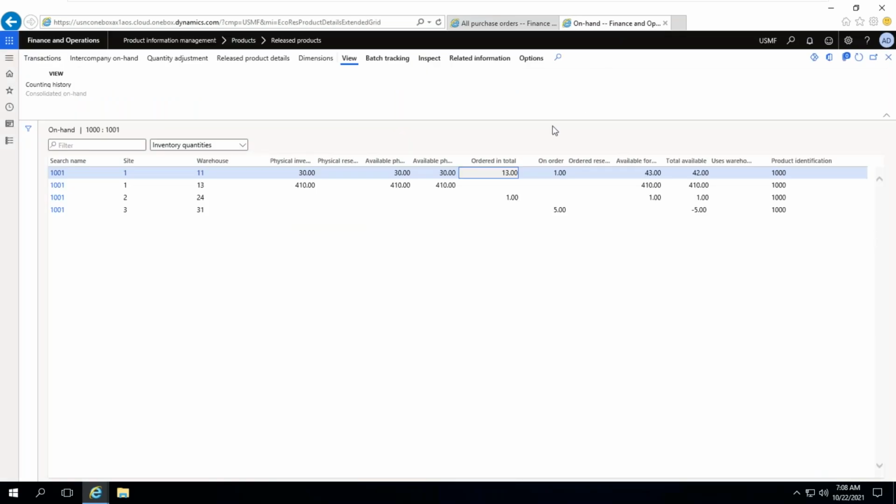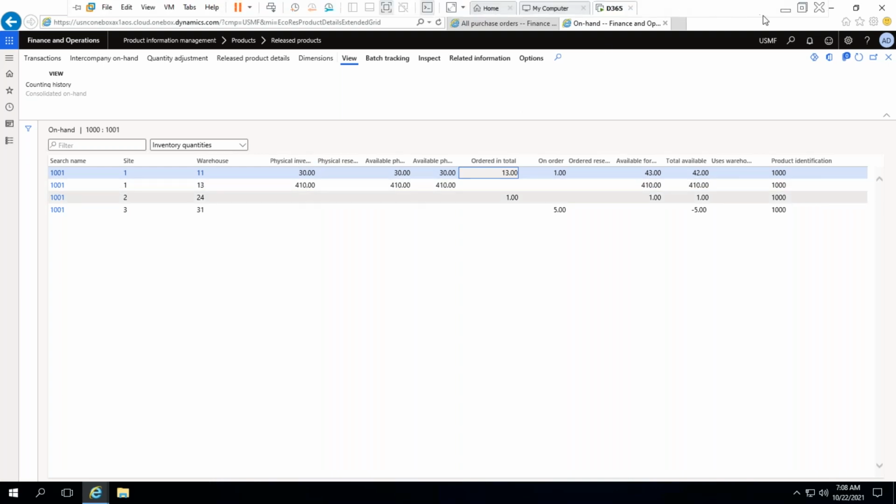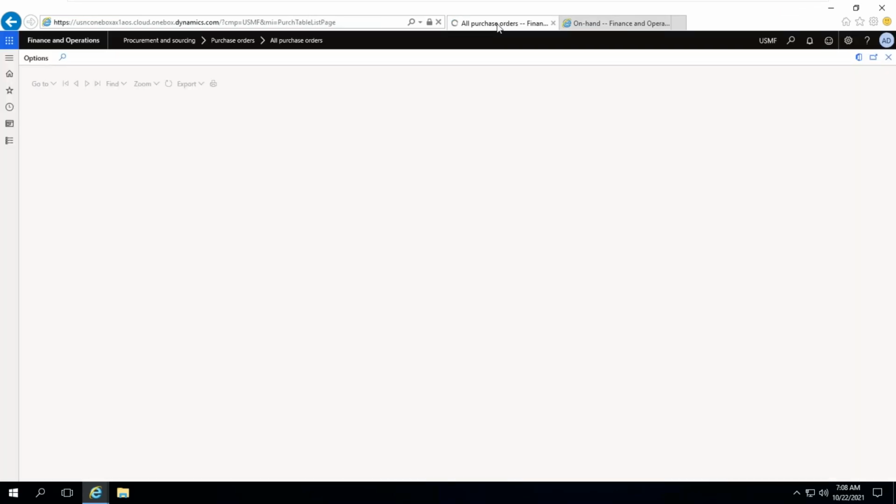In this on hand inventory, it will show the ordered quantity, whether it is draft status or any status, all ordered quantity will be shown here. Once the material is received, it will update here. Okay, let it complete. It will take a minute or 1.5 minutes. So now the printout is coming. This will be sent to your vendor, maybe a soft copy or maybe a printout, whatever it may be.